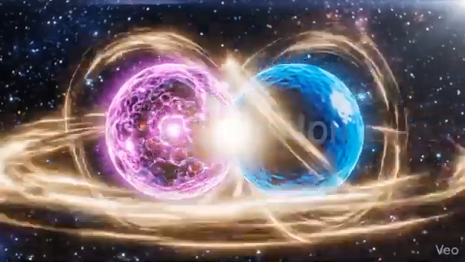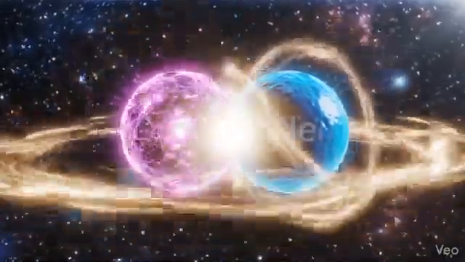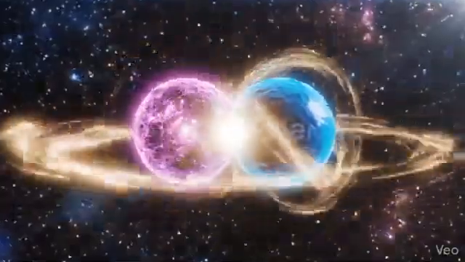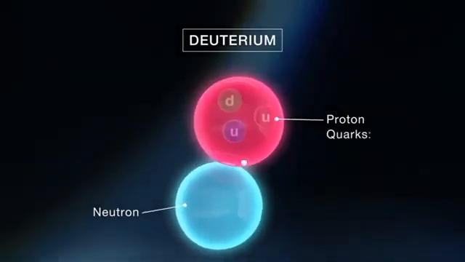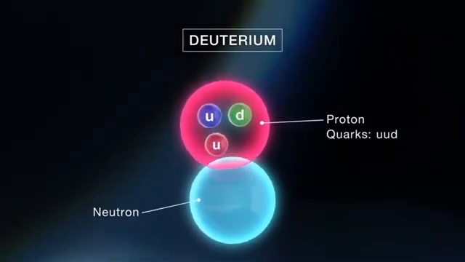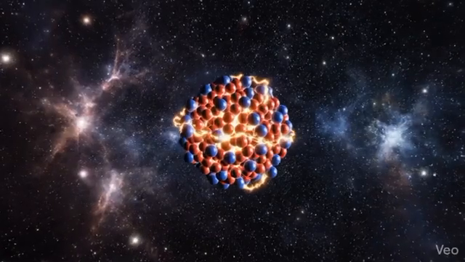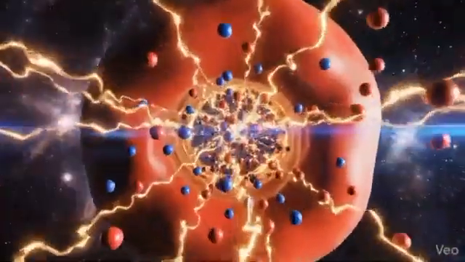The deuteron is the nucleus of deuterium, which is a heavy isotope of hydrogen. Unlike ordinary hydrogen, the deuteron contains two nucleons in its nucleus. These nucleons are one proton and one neutron. Because it is the simplest nucleus containing two particles, the deuteron plays a very important role in understanding nuclear structure